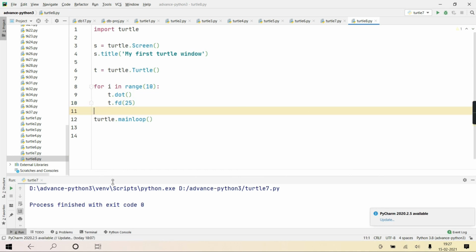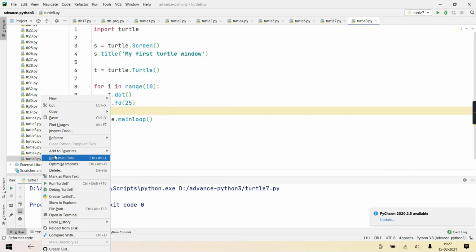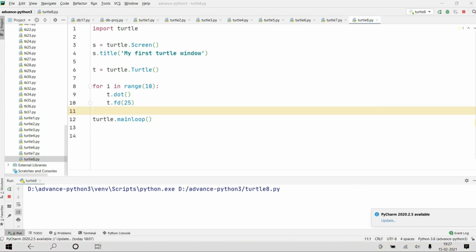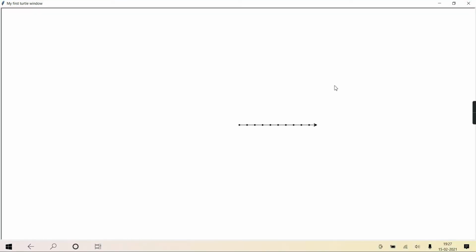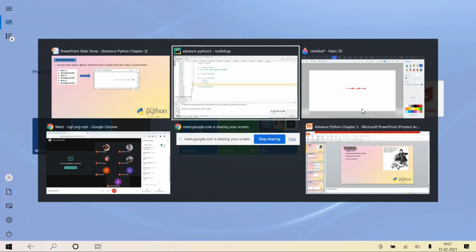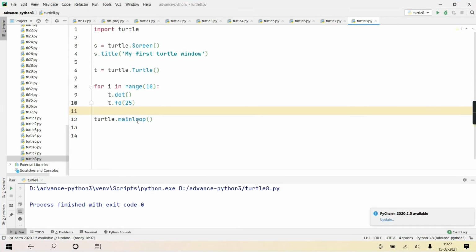Okay? Can you see, at every 25, first it will lay an egg, go forward 25, again lay an egg, forward 25. So that way the dots are produced. Okay?